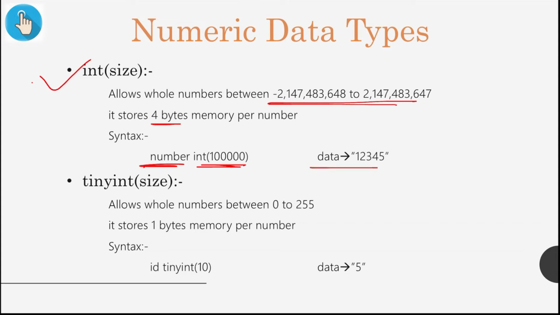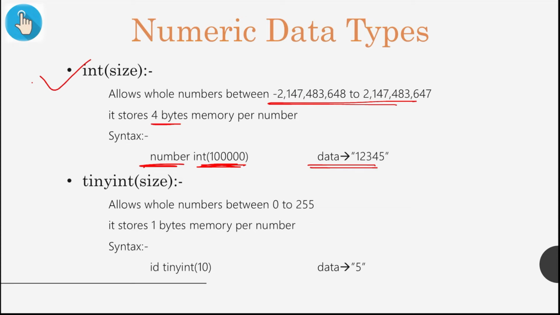Let's suppose our data is 12,345. If we are entering this data, it is smaller than this number, or we can enter this much data. Here also, if we are entering our data, the other memory blocks will be wasted. So I suggest that if we have a specific number of data or limited data, we should use that particular size of data, or else our memory will be wasted.